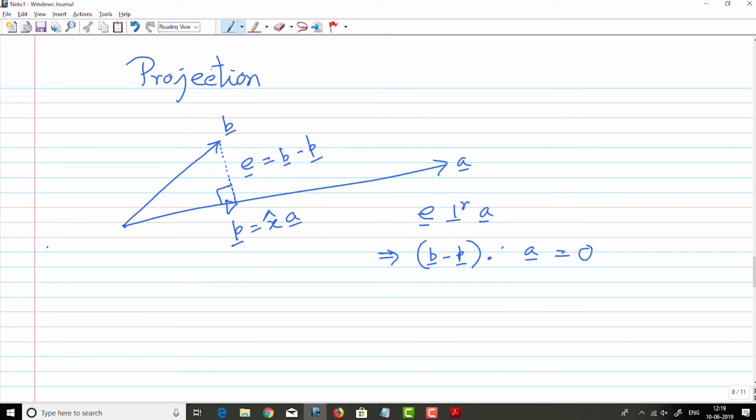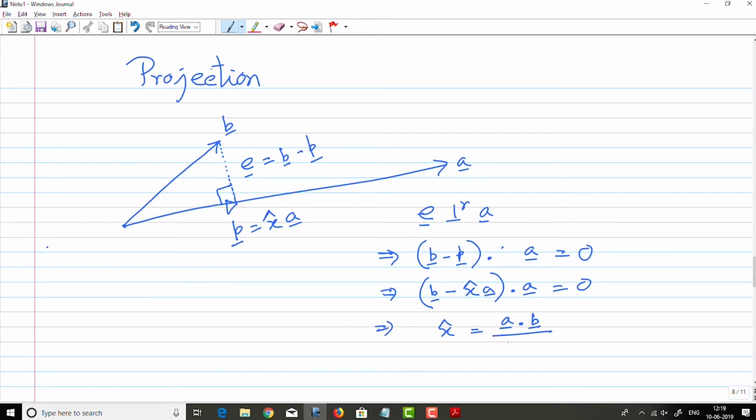This is perpendicular, right? Now P we have already expressed, so B minus x cap A dot A equals 0. This implies x cap is A dot B